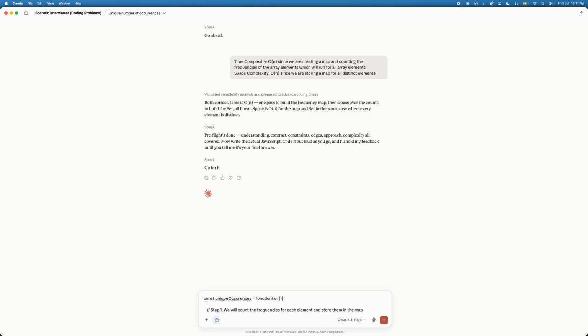The map will be defined as const counters equals new Map. Then you will run a for loop for let i equal to 0, i less than arr.length, i plus plus.